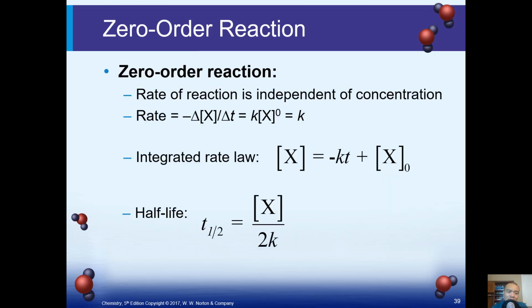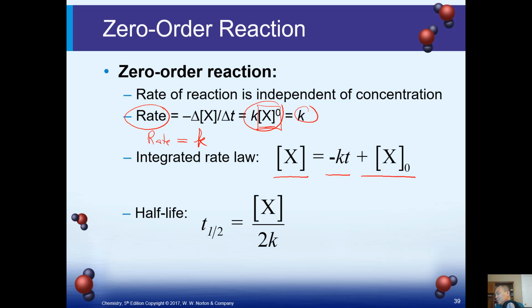Let's look at the zeroth order reaction. For zeroth order reaction, rate is K. This comes from the rate equals K times the concentration raised to 0. And anything raised to 0 will be 1. So that's why for the zeroth order, rate does not change with concentration, or rate equals rate constant. When you do the integration based on the generic rate law, you will have current concentration equals negative kT plus